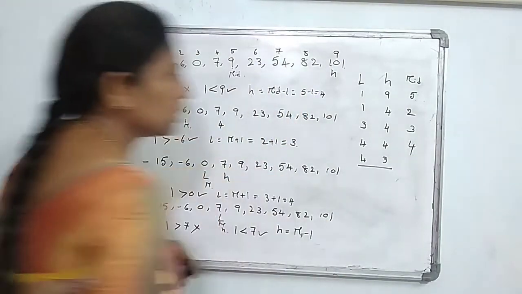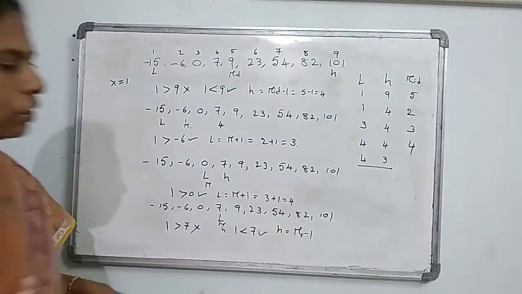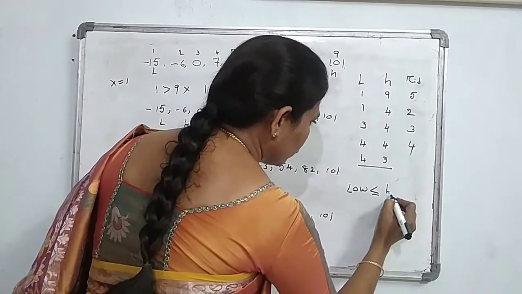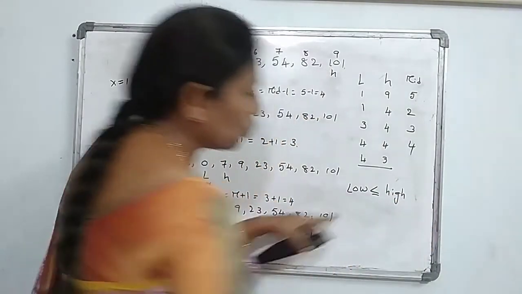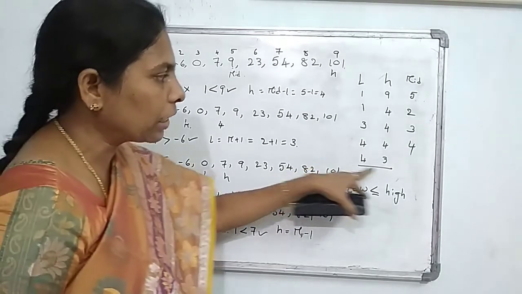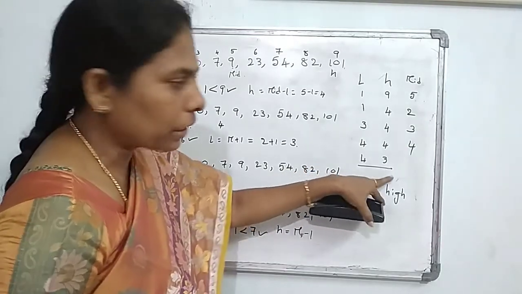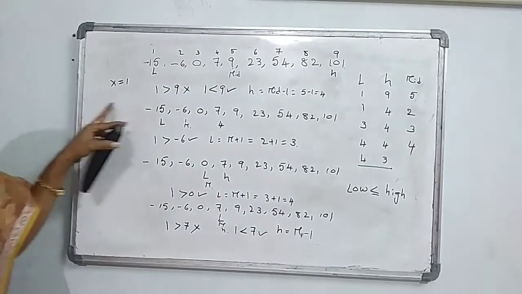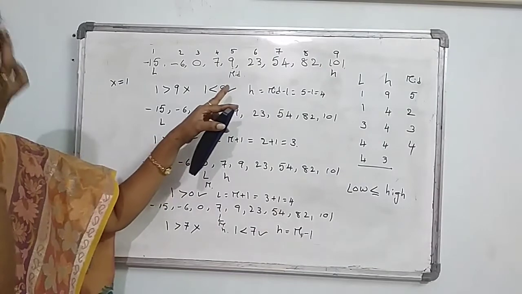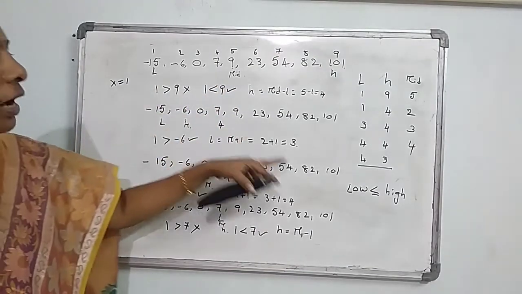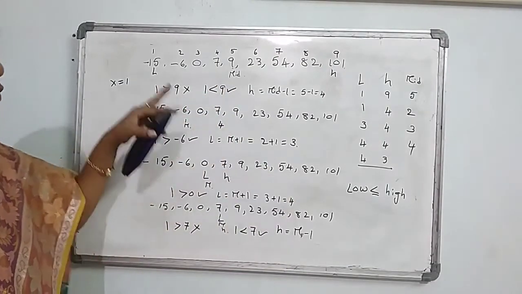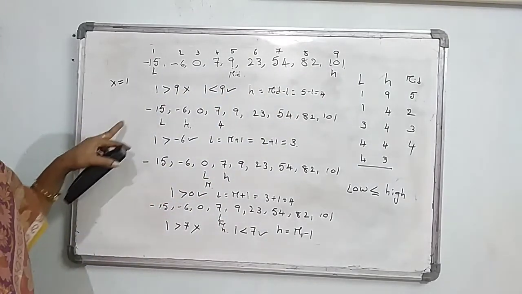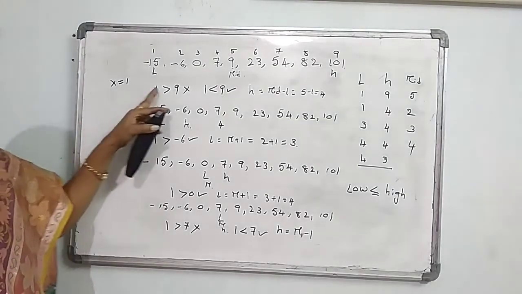So in that again you can check low and high. In that algorithm we are having low less than or equal to high, then only you can do the process. But in that, low greater than high. So whenever low is greater than high, it will come out of the loop. That means that element 1 does not exist within the array. So this is the unsuccessful search. Okay, in that 101 and 7 come under the successful search and 1 comes under the unsuccessful search. So this is the example.